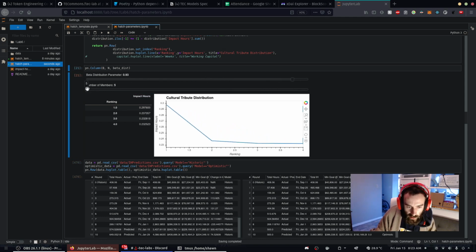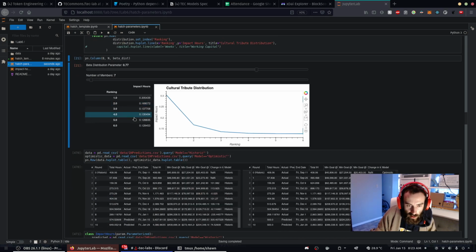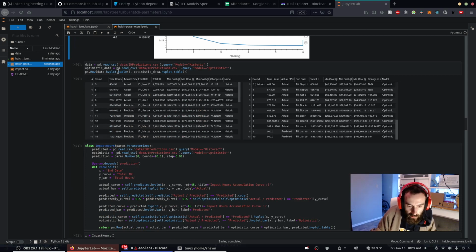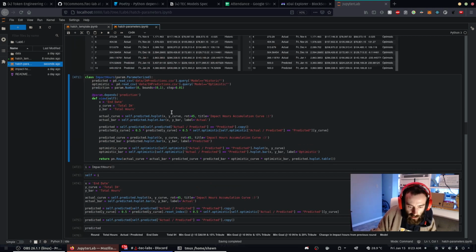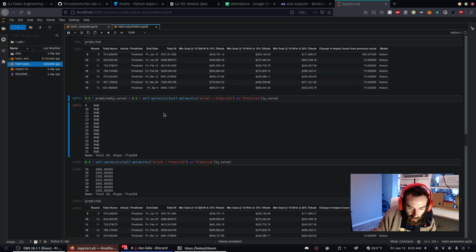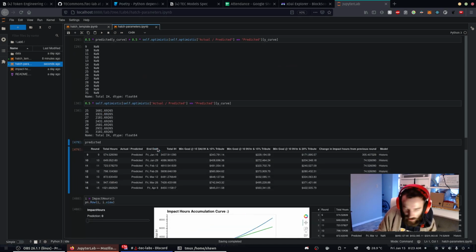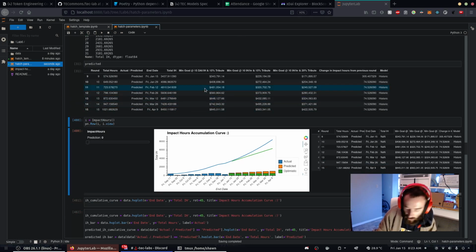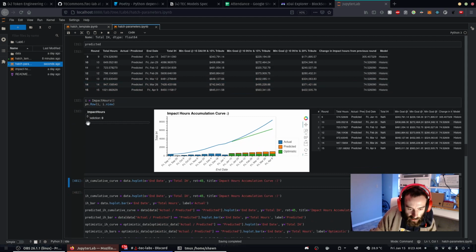So we can use this to model essentially impact hours, but perhaps other things as well. So the code's there for inspiration, and then this is the impact hours that we saw earlier. And what do we got here? This was me hacking around. I didn't have that much time this week, so I didn't get all of these completely cleaned up, but